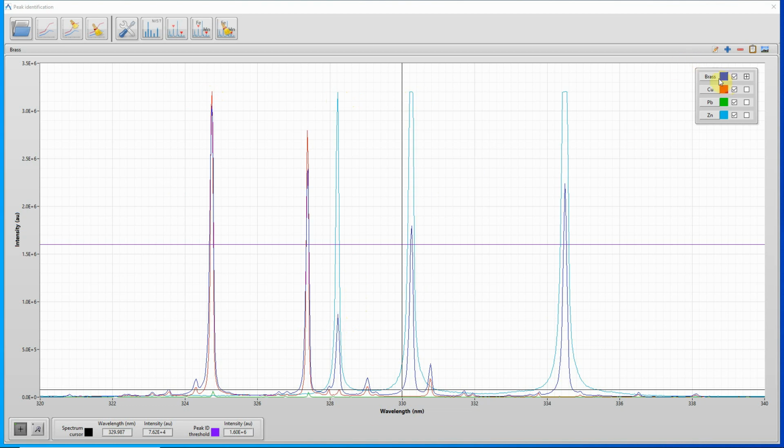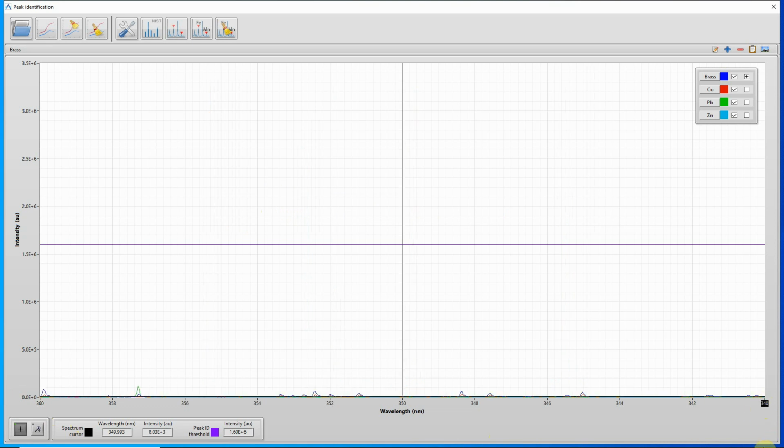in blue. This is perhaps made clearer if the visibility of the copper and zinc spectra is toggled using the plot legend. So if we toggle the visibility of the copper spectrum and then the zinc spectrum, if we now zoom into the range 360 nanometers to 375 nanometers,